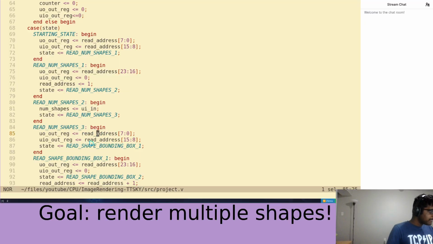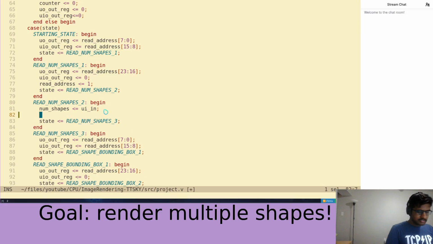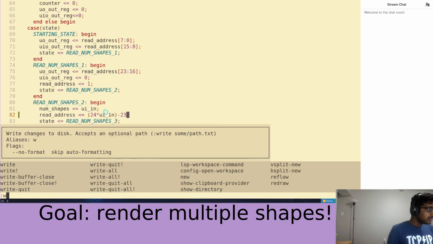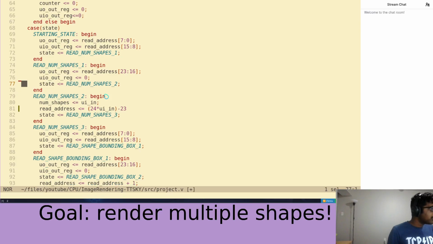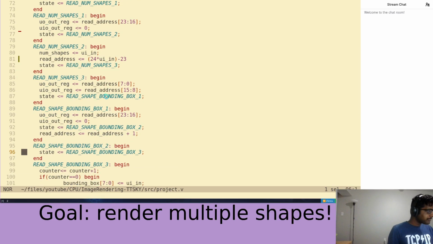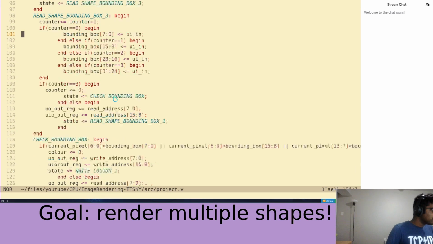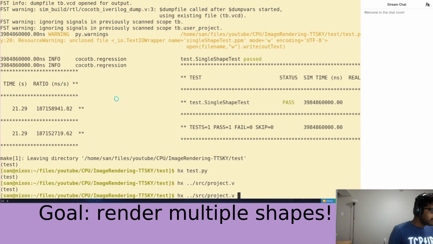Read num shapes 3. We have to edit the read address in here. So read address is going to be equal to 24 star UIN, right? So we're multiplying by 24 minus 24. Right, so if number shapes is 1, minus 23, then it's going to be equal to 1. We're editing that here. No, we're not. Otherwise, we set it to whatever is in UIN, minus 23. And then we go through, and I will, in the check bounding boxes where we have to edit it, but